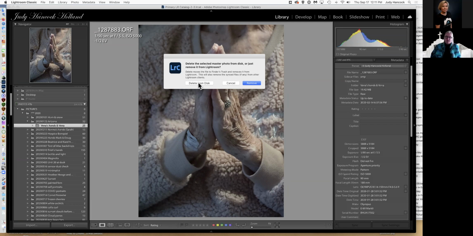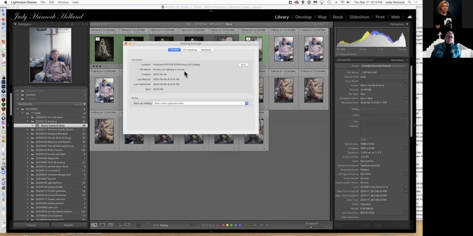Let's have a look at backups in the Lightroom settings. I showed you that on a slide, but let's show you where it actually lives. If on the Mac, you go to Lightroom Classic, it might be under File on the Windows machine, I'm not sure, but what you're looking for is Catalog Settings. So we click that and we get our general catalog settings, file handling, and metadata. This is where you can tell it where you want to have your catalog live. And this is the name of the catalog you're using, when it was created, the last backup,